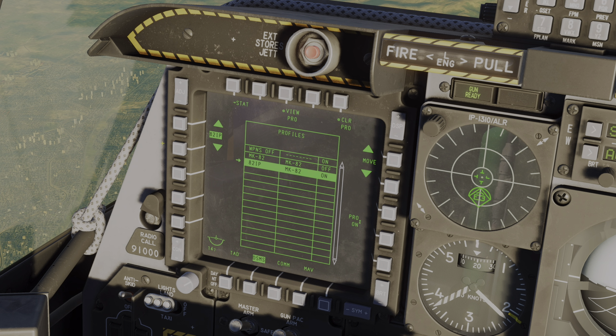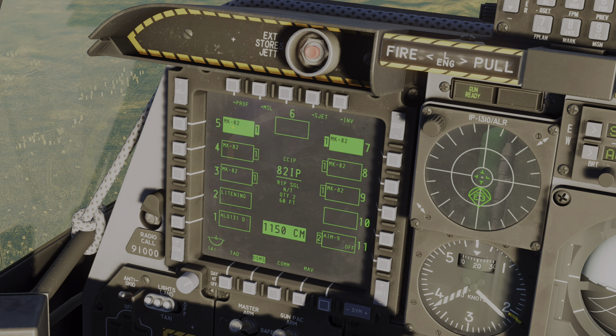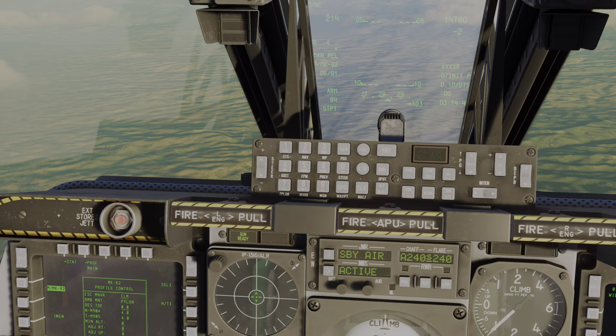So we're going to hit save, and that's now completely saved as a profile. Now if I go back to the stat page, I'm going to select some new pylons. It defaults to weapons off when you deselect all the pylons. We're now going to take pylons 4 and 8. They're also Mark 82s. We're going to go to profile,